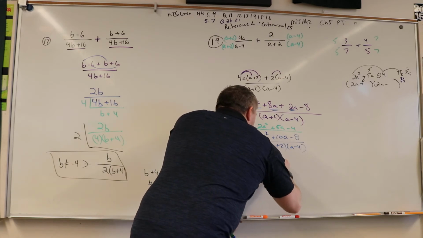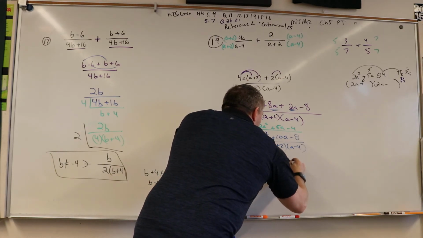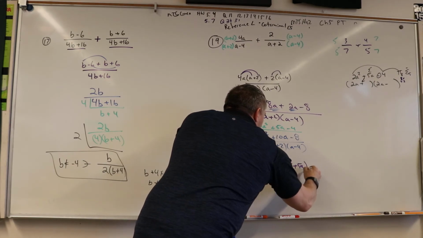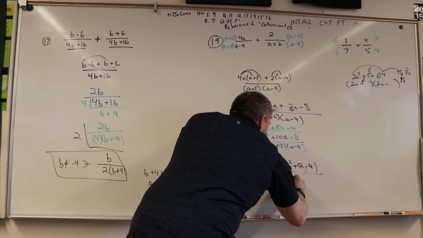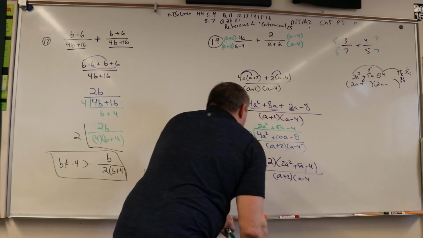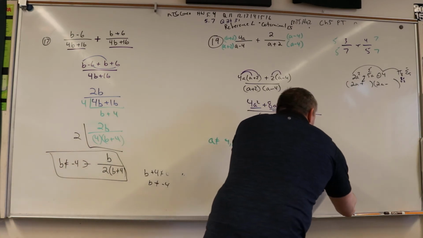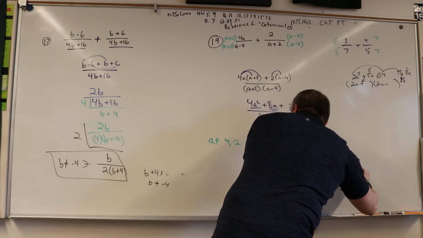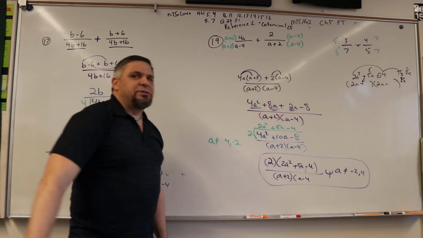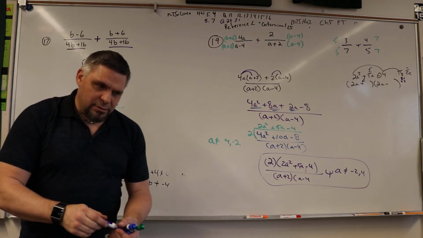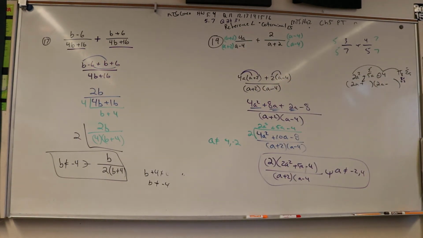So it's 2 times 2a squared plus 5a minus 4 over a plus 2 times a minus 4, where a cannot be negative 2 and 4. And that is your answer. Okay? Now, their answer in the book kept it as 4a squared, but